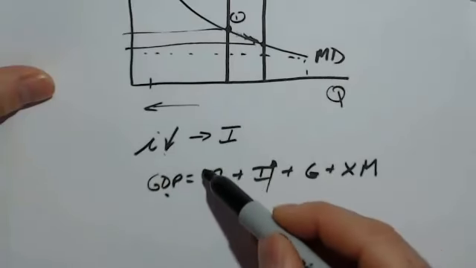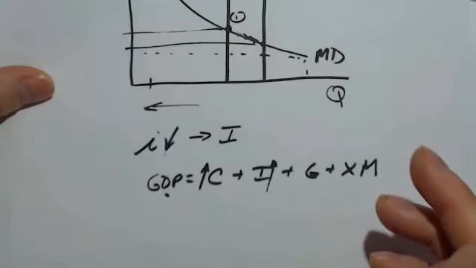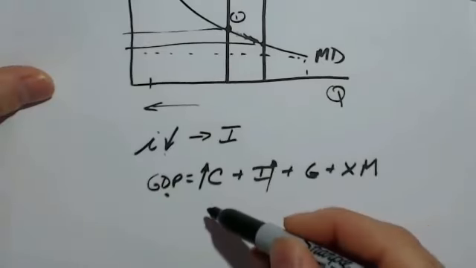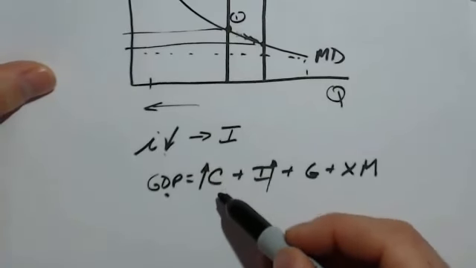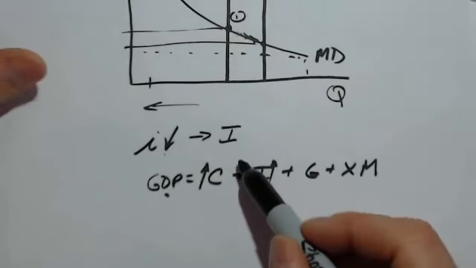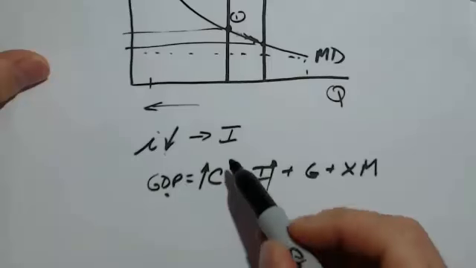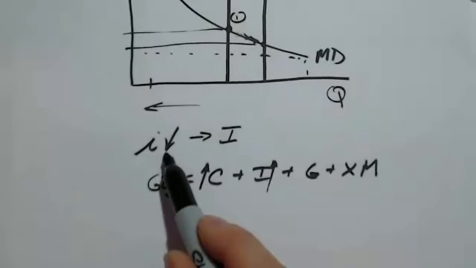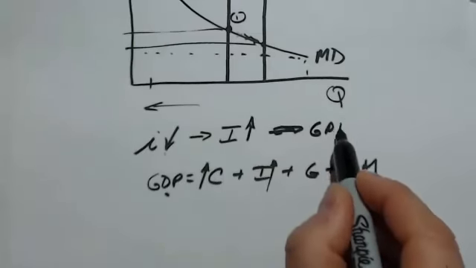Also, the lowering of interest rates helps increase consumption. And there's a number of mechanisms for that, but it just means that the borrowing of money to consume is a little cheaper, so people will consume more. Find ways to borrow money to consume, so consumption is likely to go up. Okay? But let's just stick to the I. That's the main channel in which lower interest rates affect the economy. I guess some people would argue consumption's in there too, but let's think of I for now. And so when interest rates fall, investment goes up, and that means GDP goes up.